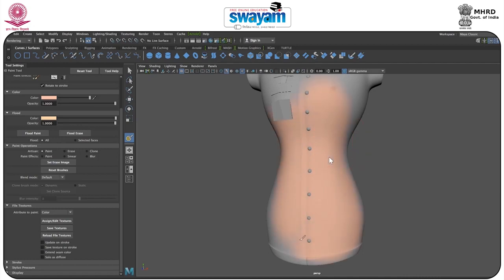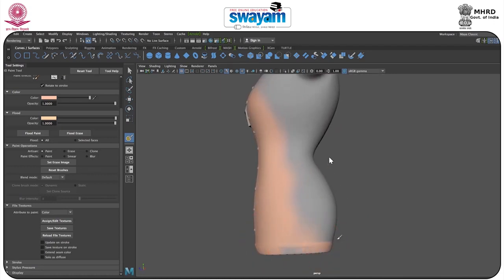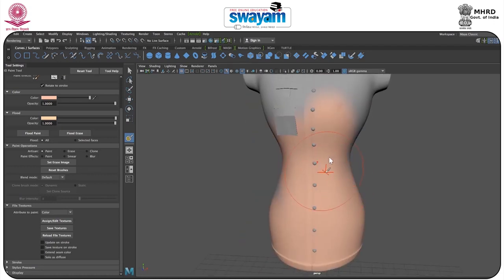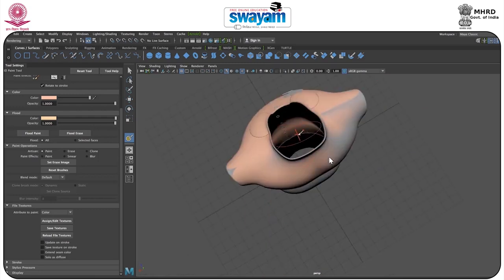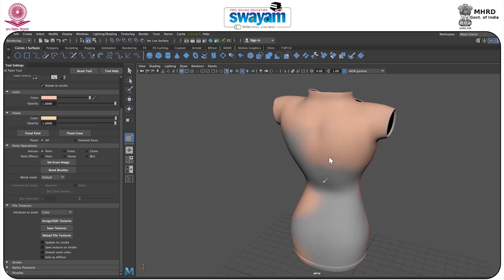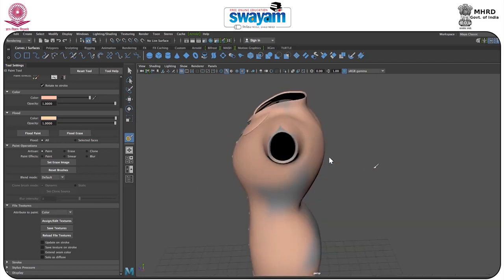As you can see, if the models are separated from each other, then you have to select that model, go to Texturing and the 3D Paint Tool. After that, when you apply it, it will affect your model. If your UV is not opened, it will produce some problems, as you can see here. So you have to keep dragging your brush, then it will be sorted out. But make sure that whenever you're working in any file, you open the UV at first, because you know how to open the UV.